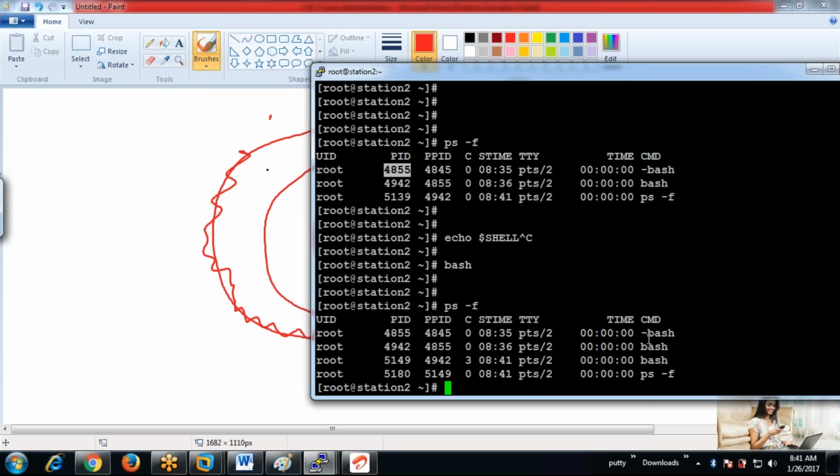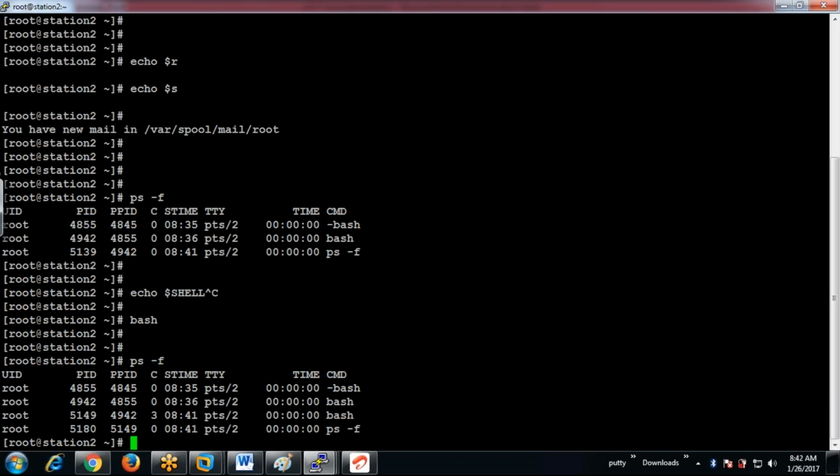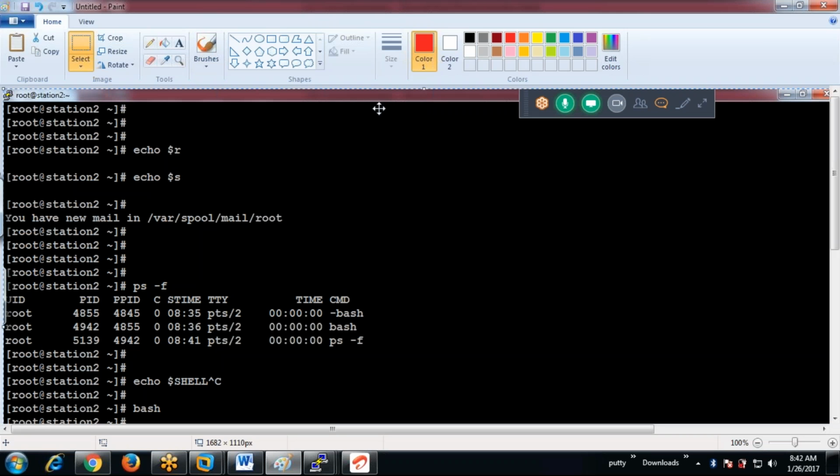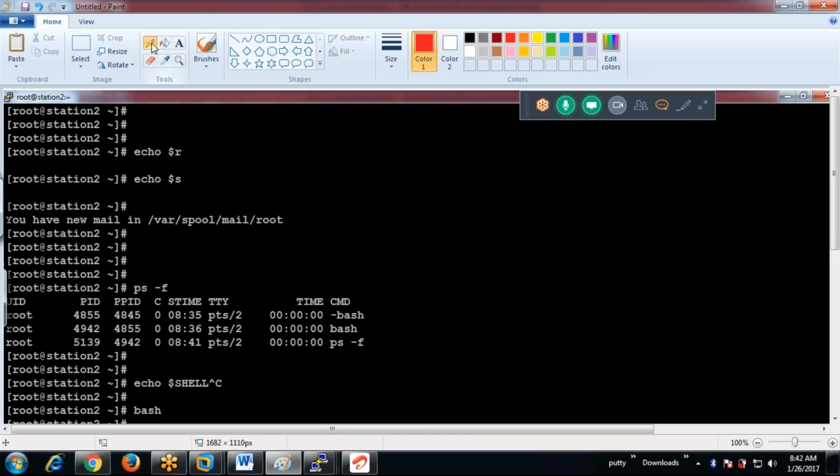Now if I'm making the variables without the export command, what will happen here is, for example, print screen, paste it. Okay, see here. Even in the bash profile file, if I'm making a variable,